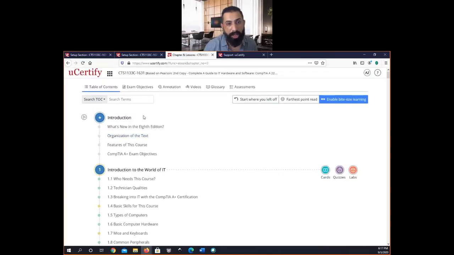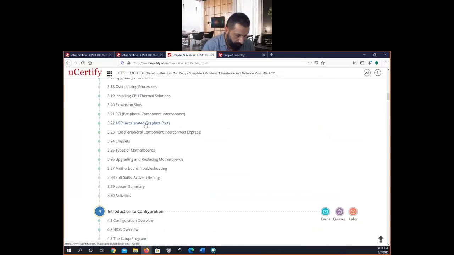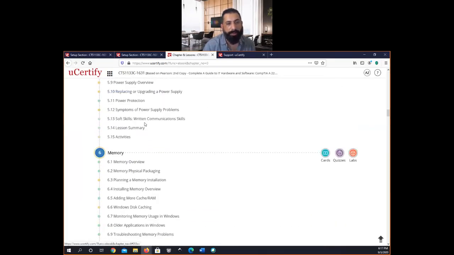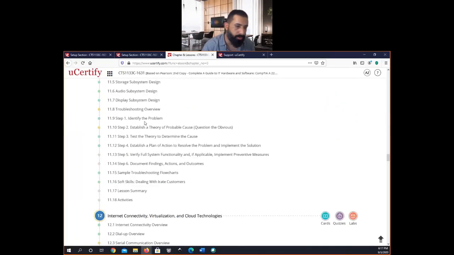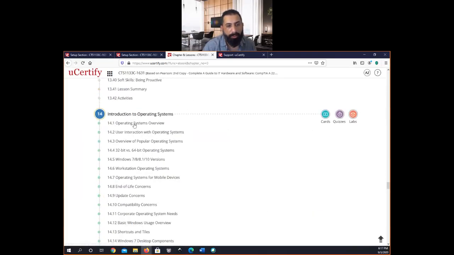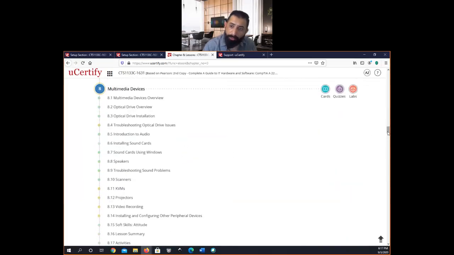Now, these are the chapters that I'm going to use. I don't use the PowerPoint presentation because it's really short and doesn't have enough information for me to go through. That's why I use the chapters, to go through them and apply what I'm learning. However, we will do it just now in front of you. These are the cards and the labs I told you about. Also, if you go here,